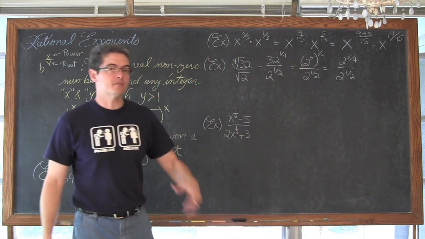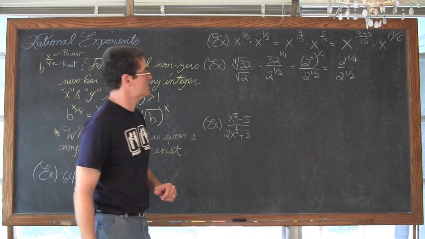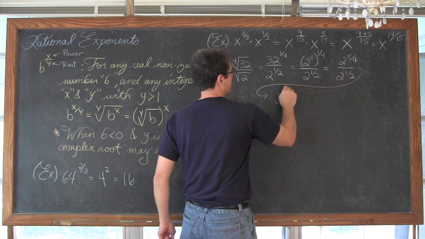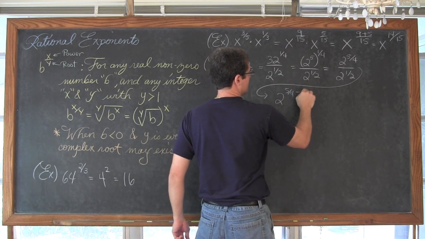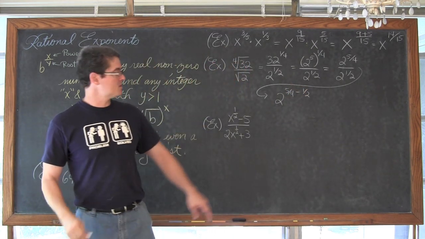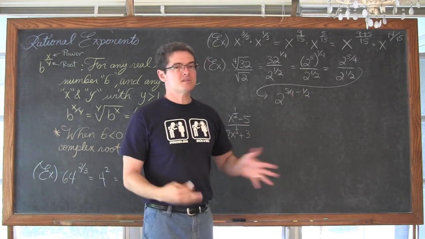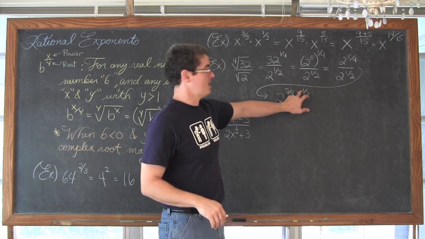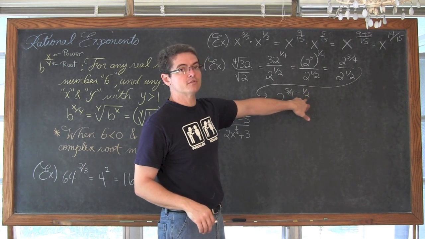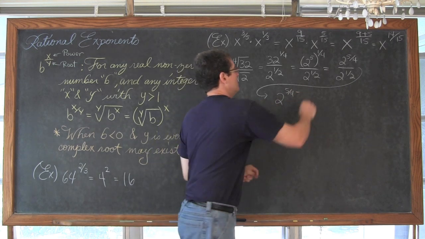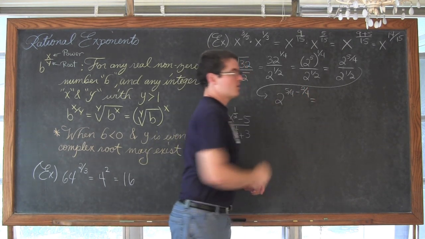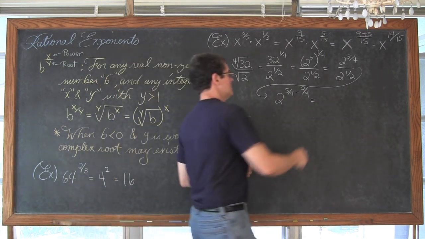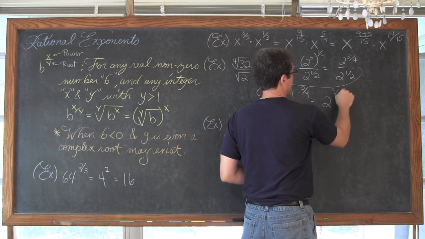Okay, so we're going to now divide those like bases and subtract the exponents. So this becomes 2 to the 5/4 minus 1/2. We need a common denominator, so we can make a 2 into a 4 pretty easy. Just multiply it by 2. So we're going to multiply the numerator and denominator by 2. So 1 times 2 is 2, and 2 times 2 is equal to 4. So this becomes 2/4, and then 5/4 minus 2/4 is 3/4. So we end up with 2 to the 3/4 power.